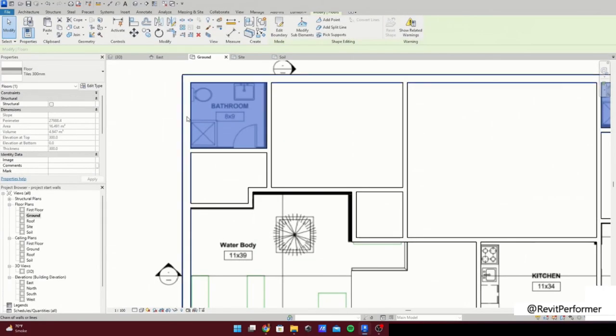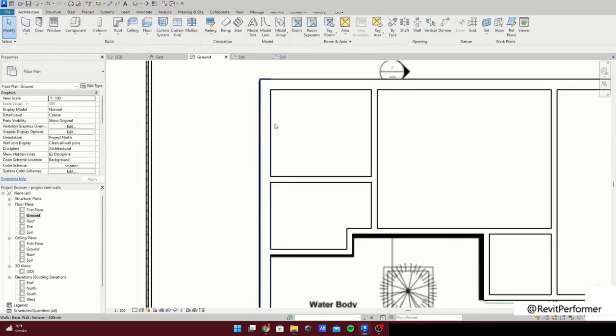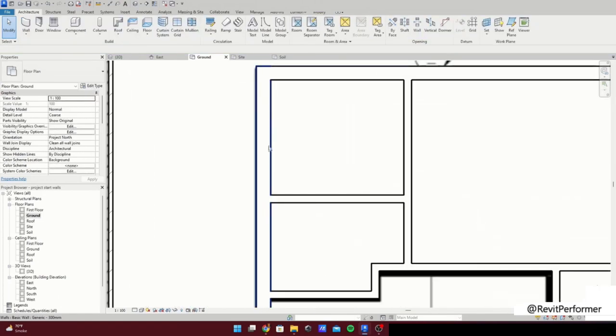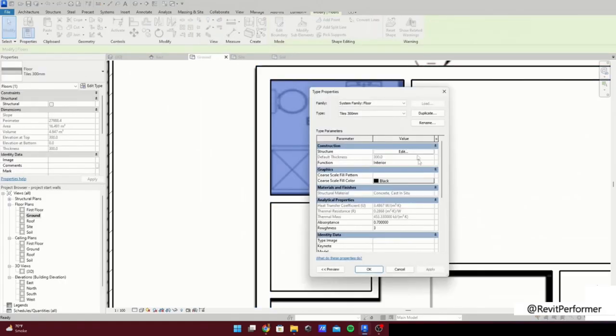We're going to talk about floor patterns. So we'll learn how to add textures, texture lines, or hatching into our floors. Okay, so just click on the edit type and select the floor.